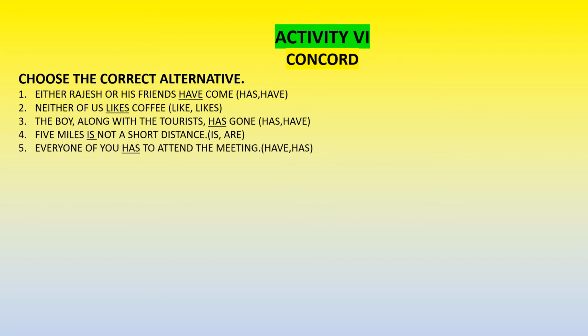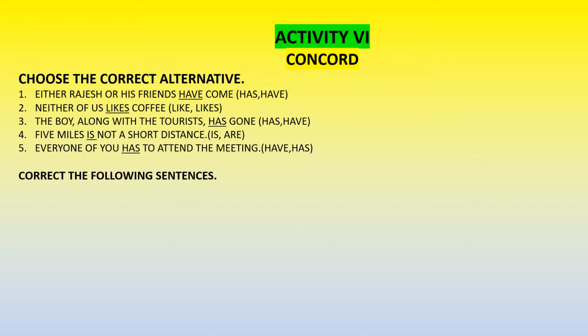Every one of you have to attend the meeting is given in the textbook. Remember, my dear students, everyone, each and every is always followed by a singular verb. So when you read the rules given in the textbook, you can understand each and every will always be followed by a singular verb. That is why every one of you has to attend the meeting. Each one of you has to attend the meeting. That is very important to see. Then sixth,